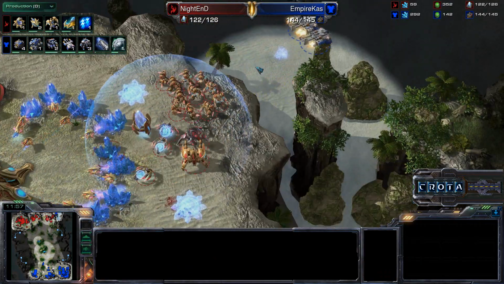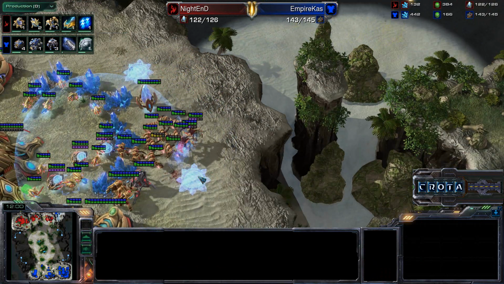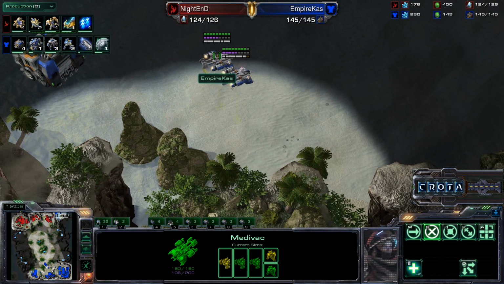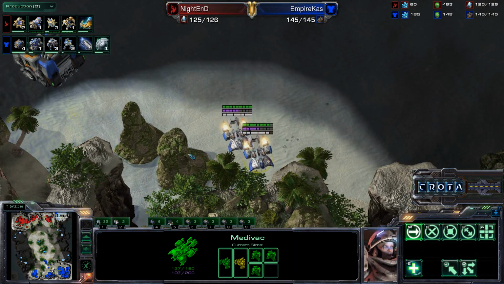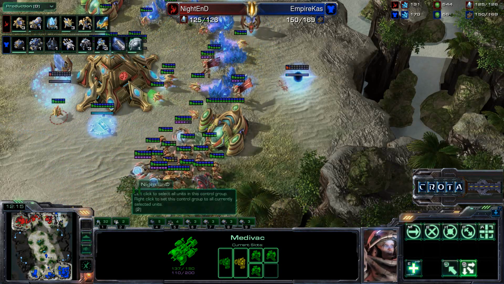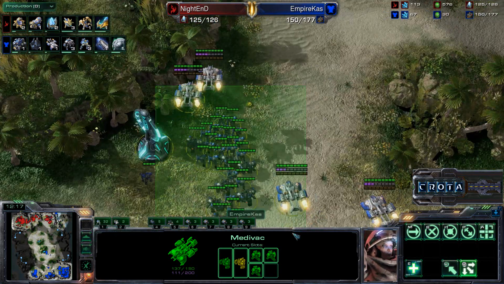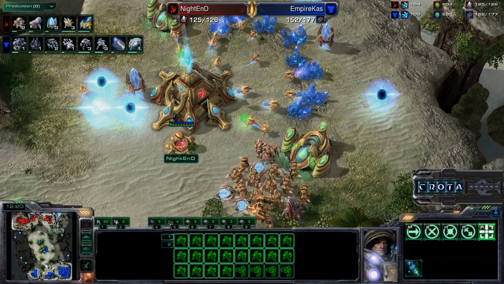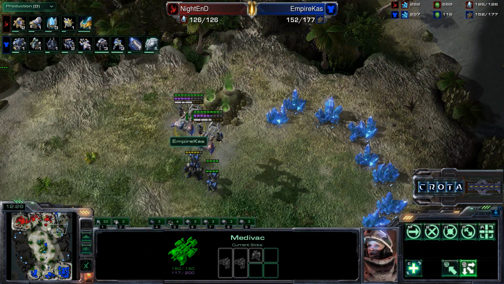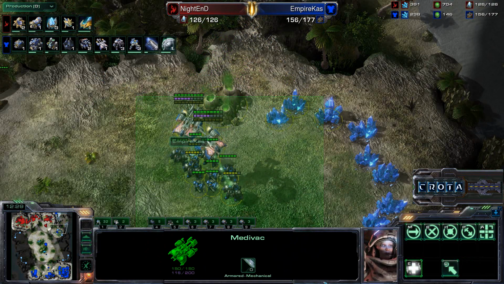Are we going to get a very nice pickup? Yes, we are, as the photon cannons will be placed down. Medivacs have to be very careful. They are getting dangerously close to their life amount, meaning one feedback and one bad flyby with High Templars on the ground does mean a loss of over 500, or 600 resources in just a matter